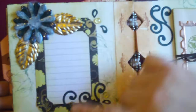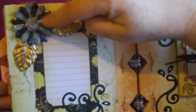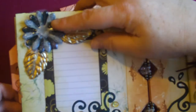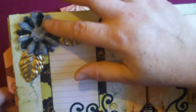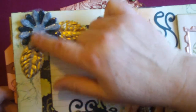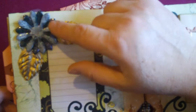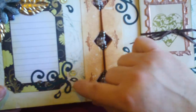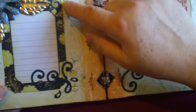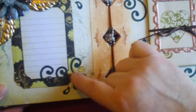This page is very simple. It's just a journaling spot. These are actually Prima leaves that I used. I cut this flower using the Marvy Daisy Punch, and then I just put UD on top and colored it out, and there's some glitter in the UD that was displayed by Marion Smith on Craft.com, and then just a few little dewdrops that I colored with alcohol ink, and then I put a flourish that I cut